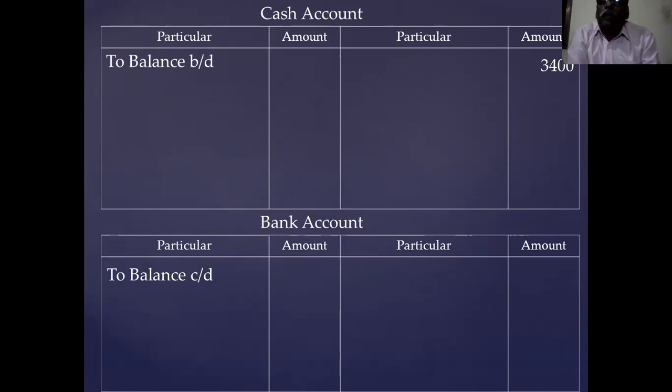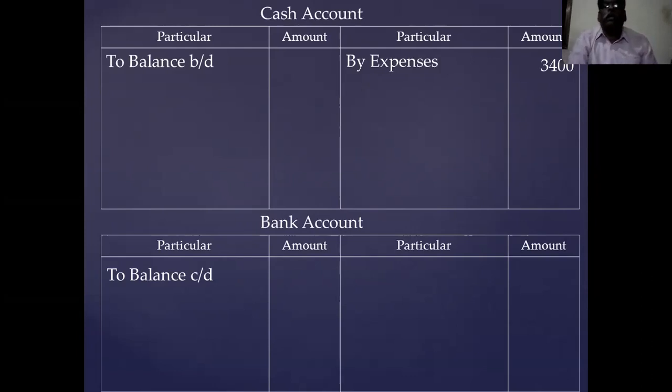Cash-related and bank-related items are to be recorded. Receipt is recorded on the debit side, payment is recorded on the credit side. Okay, the first item is expense paid in cash, 3,400. Payment is there for expense, 3,400. That is the first point. Then the second point is